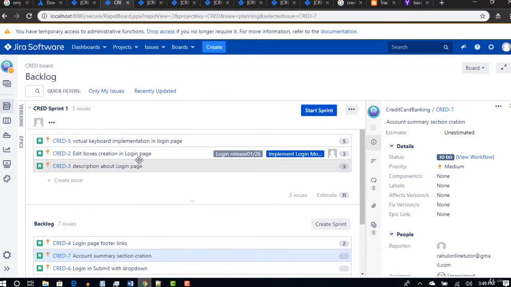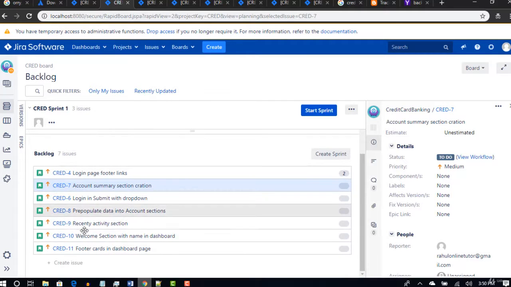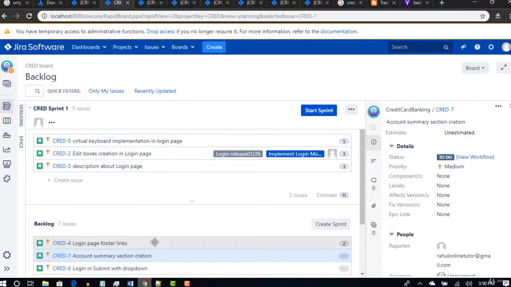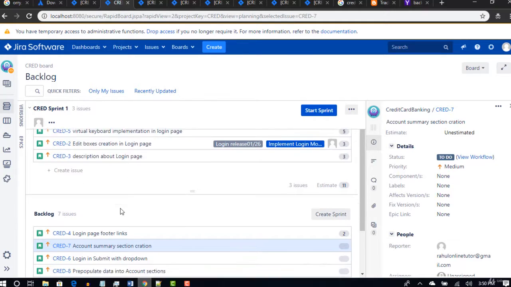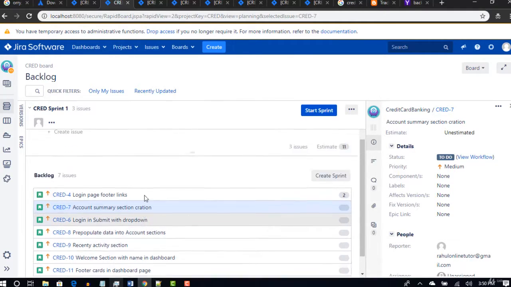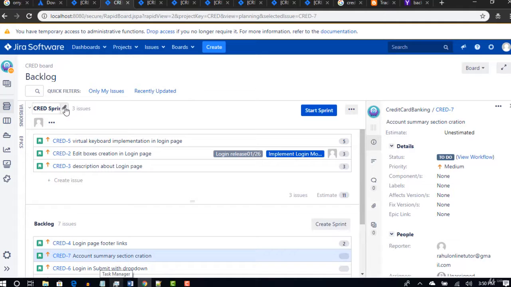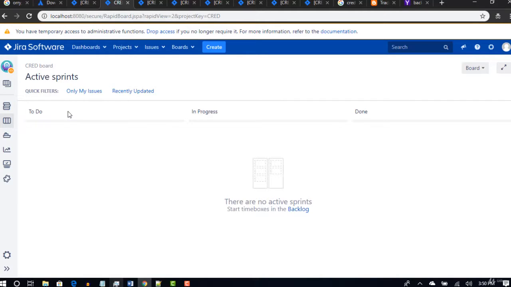So here in Scrum, we have a concept like backlog and we select some stories to work on for one particular sprint for a few days, and once we are done with that, we'll have another sprint. So Scrum works like this, right? But whereas in Kanban board, everything will be in to-do status. So right now, when you are working in sprint 1, only these 3 items will be in the to-do status, right? If you go to active sprints, right now there is no active sprint, but in the last lectures,